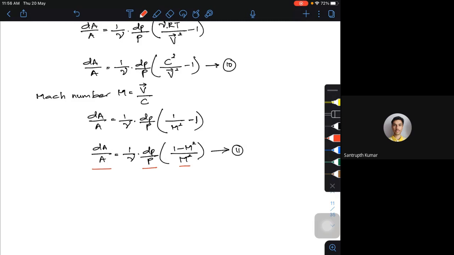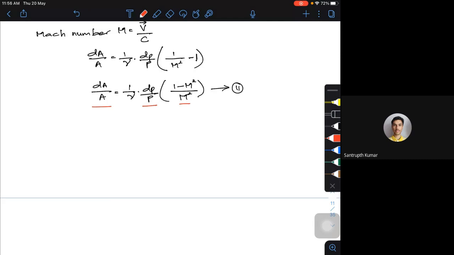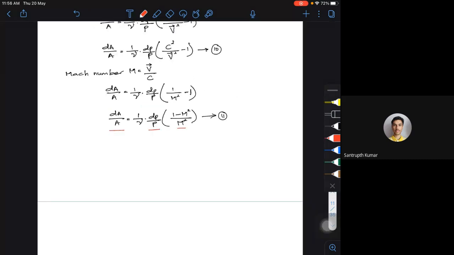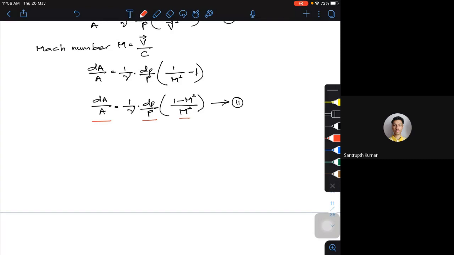Let's try to write the conditions. What type of flow? So let's try to write that actually. Say for example, I have some kind of a subsonic flow and I have a supersonic flow. Anyhow, M greater than 1, or greater than 3 or 4, it's a supersonic flow. That also comes under supersonic. So I will write for subsonic, I will write for supersonic. Okay. So type of flow.